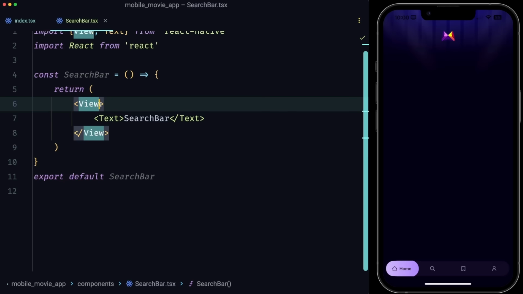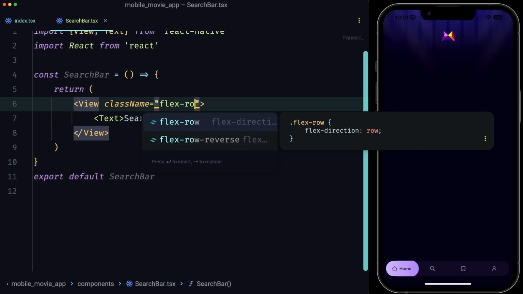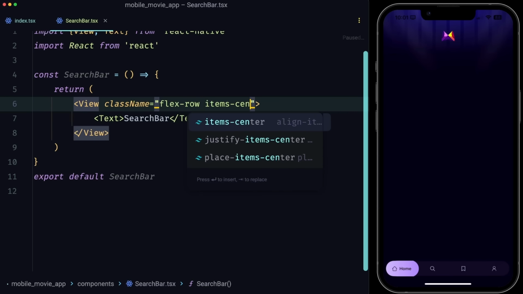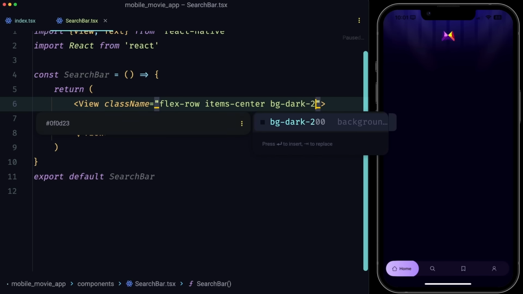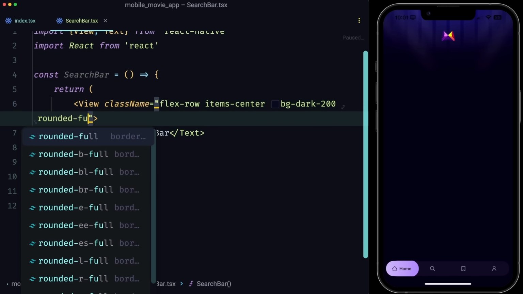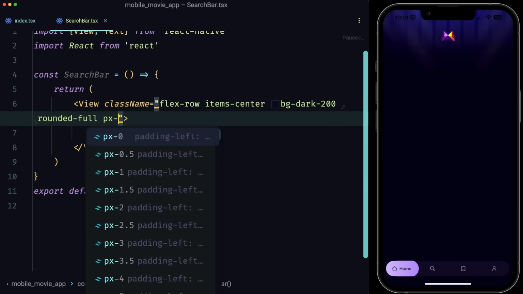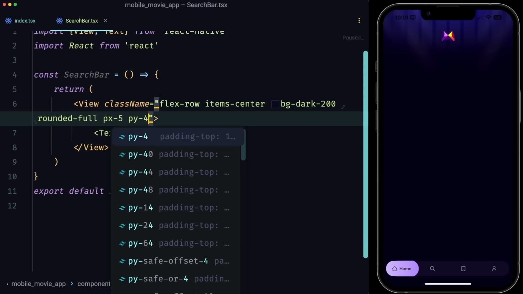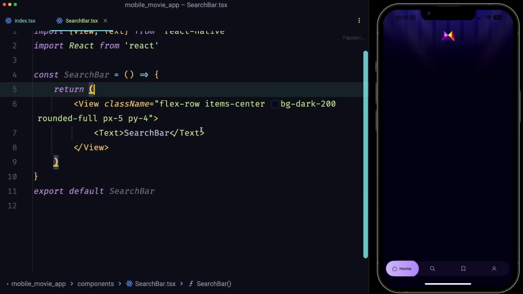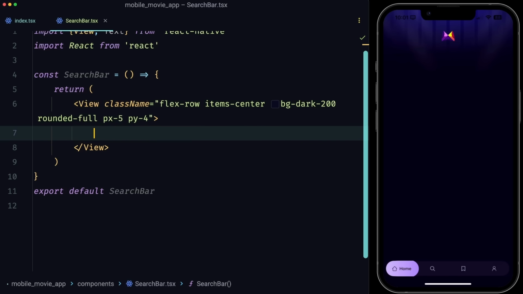So let's start by giving this view a class name equal to flex-row items-center bg-dark-200, rounded-full, and padding X of 5, as well as padding Y of 4 to create some spacing. In between it, we can render an image, which is going to be kind of like a search